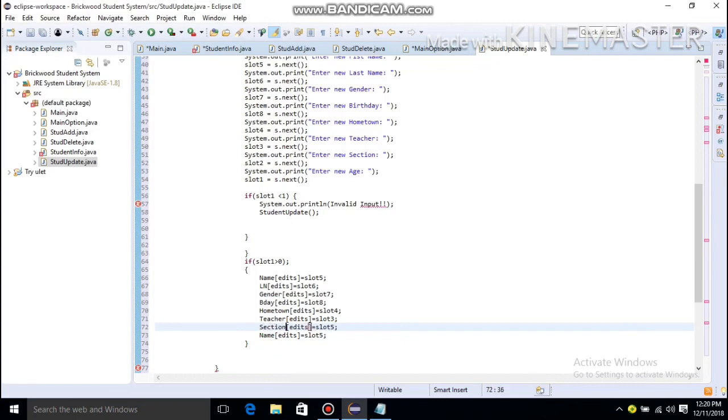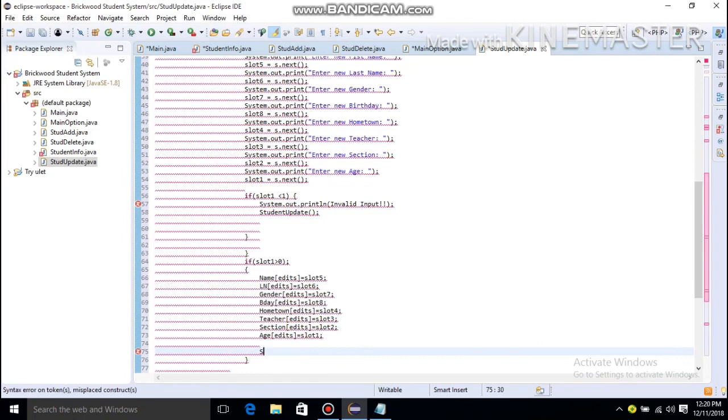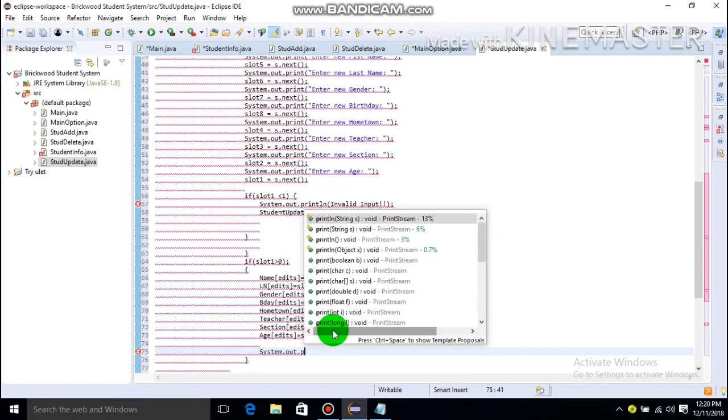After that, paste again, paste, and change it to section, and age, last the age. Change the slot and slot 1, and after that